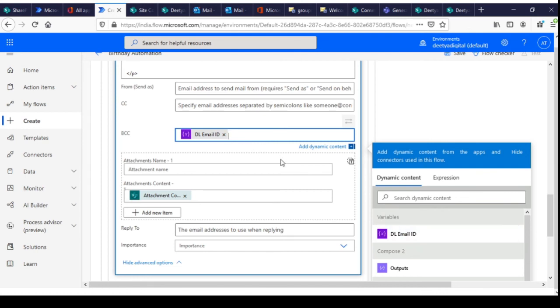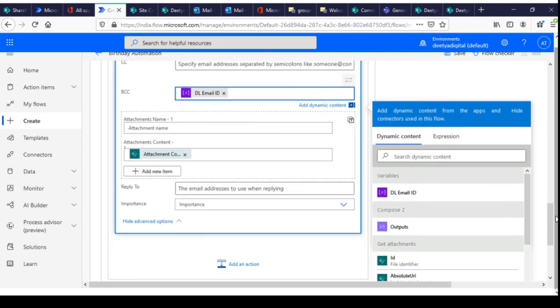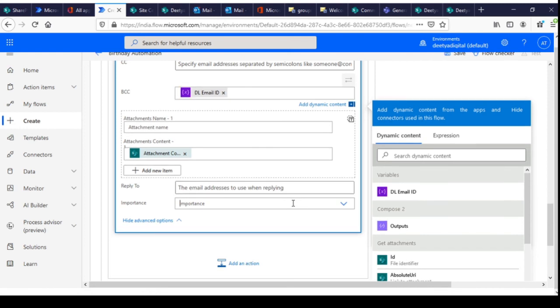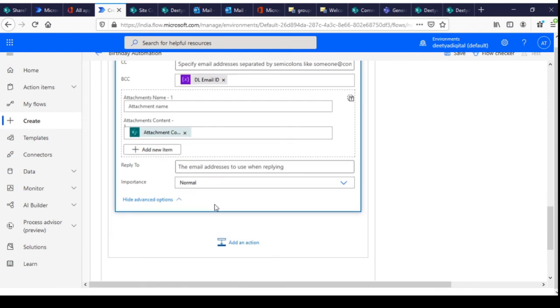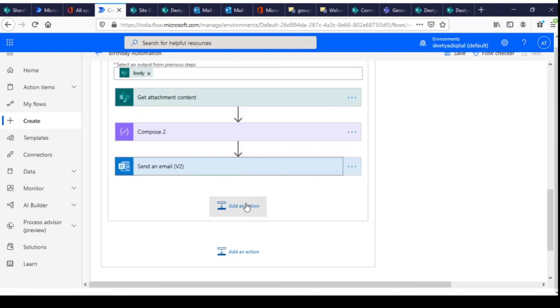So that's why I added the variable we already declared earlier in this process. Importance, you need to change it to normal. Okay, that's it. The send email v2 is ready.